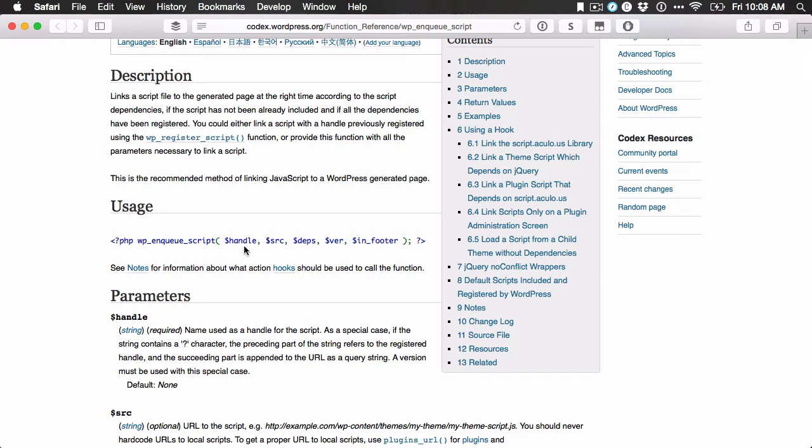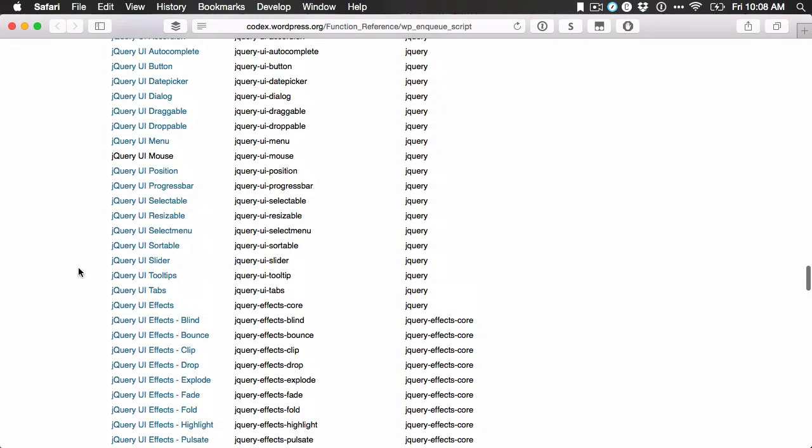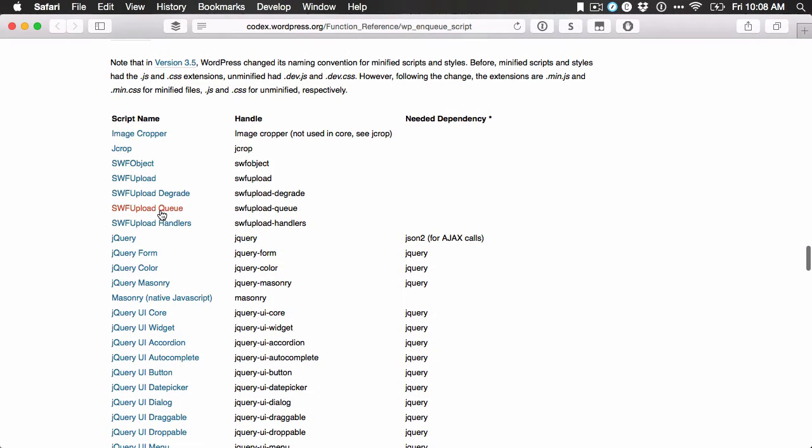And so the first parameter that we're looking at is the name used as handle for the script. So you can use pretty much anything that you want. We'll show two different examples that you can use, ones that are preloaded, and if we scroll all the way down to the bottom, these are ones that are already loaded inside of WordPress itself. We just have to call them. So if we want to use jQuery, all we have to do is put the handle jQuery, and then we're done. And I'll show you this as well. If we wanted to do jQuery form, we put jQuery-form, and then we're done. And we don't have to fill in the rest of those parameters when it comes to the function